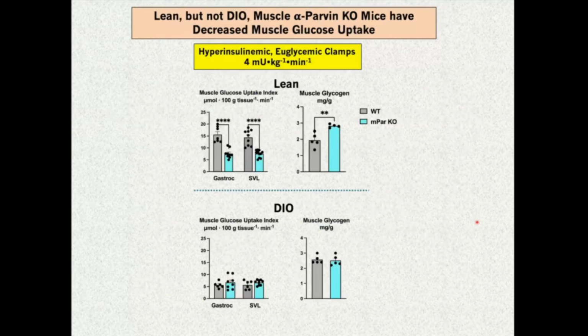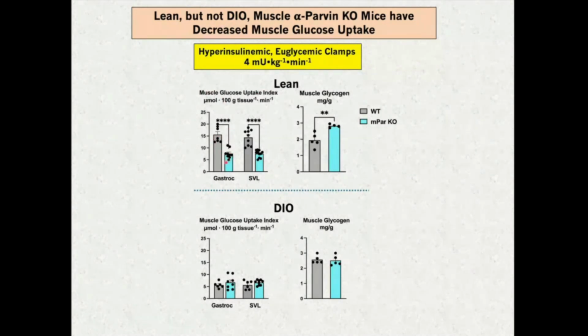And what we saw was absolutely fascinating, because in these mice, it was the lean that had a decrease in muscle glucose uptake. This is gastrocnemius and superficial vastus lateralis. And you'd see that deleting parvin in otherwise healthy lean mice had a marked decrease in glucose uptake, and the